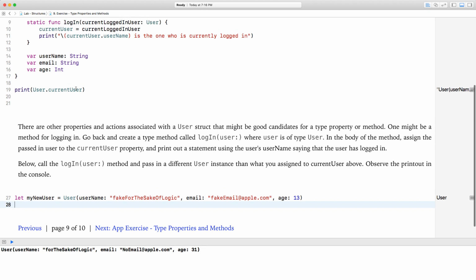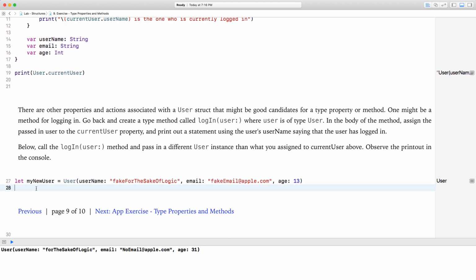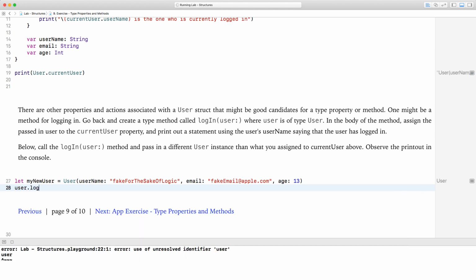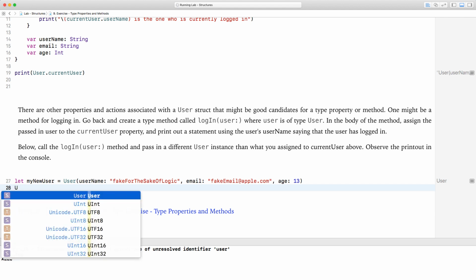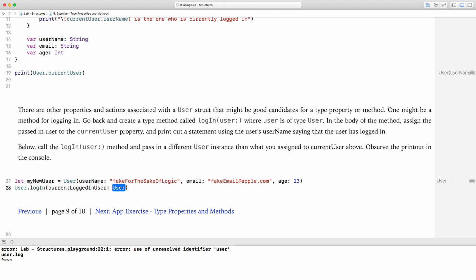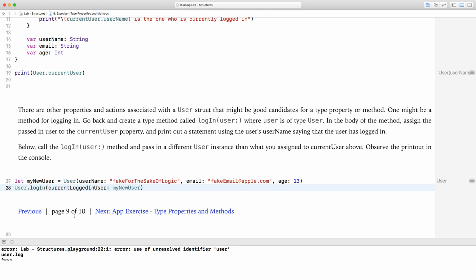We're gonna call this method here, the static method. So to do that, we're gonna go User dot login, sorry, uppercase U, that's why I didn't see it, login, and for the current user we're gonna say my new user, that instance. And as soon as we do that, it should print something out,